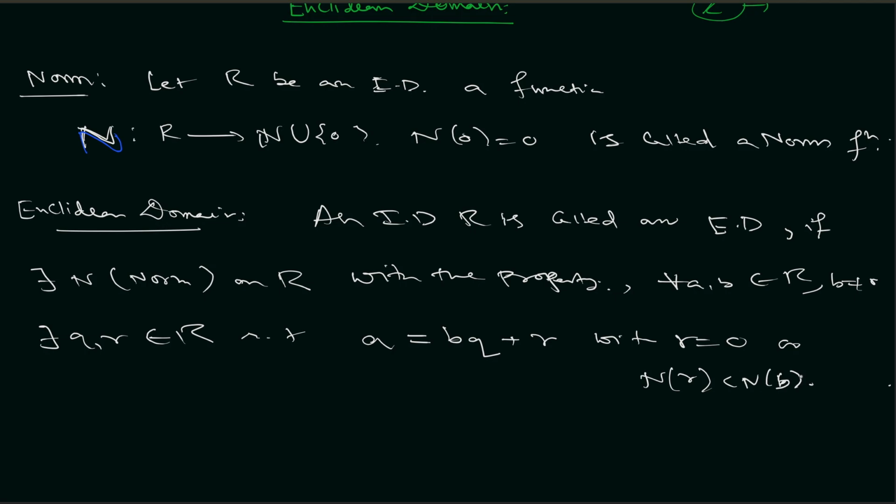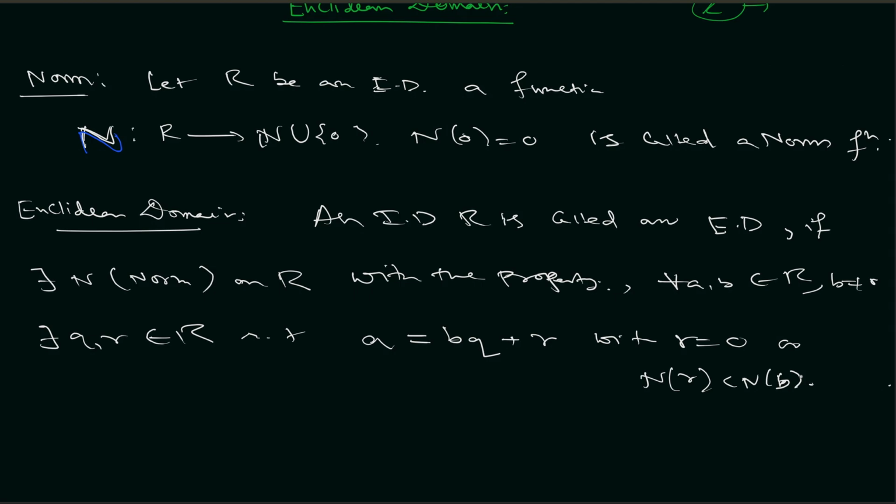This is called an integral domain. An integral domain is called a Euclidean domain. You know this result for the set of integers, right? It is called the division algorithm. But in any arbitrary ring, any arbitrary integral domain, if such a property is satisfied, then we say